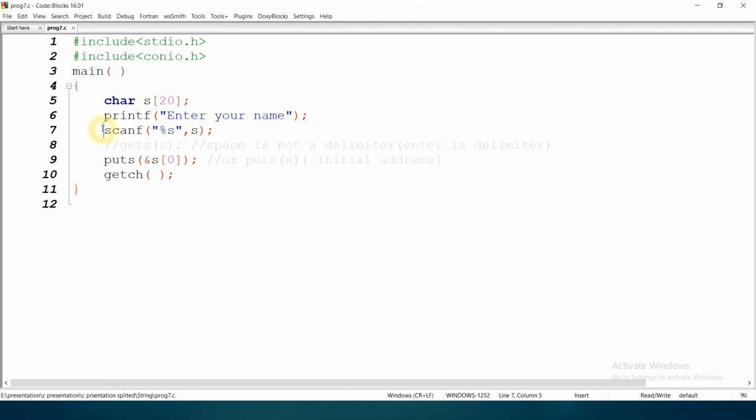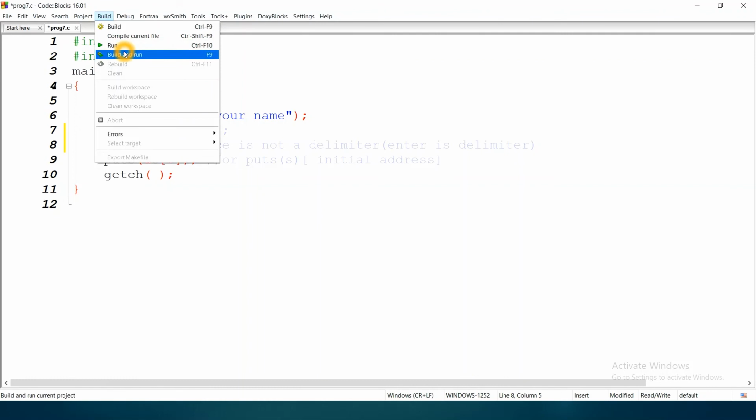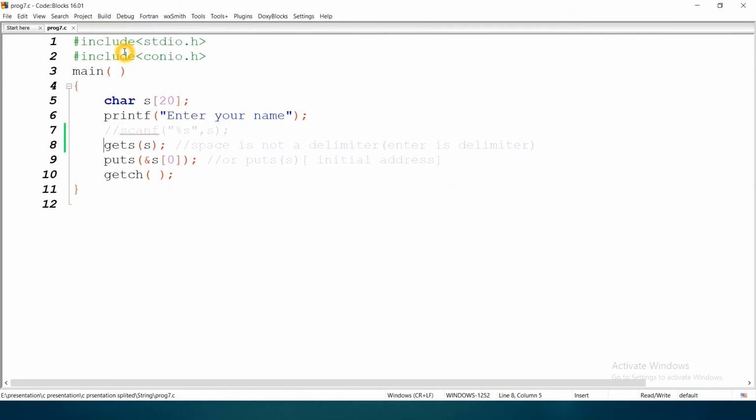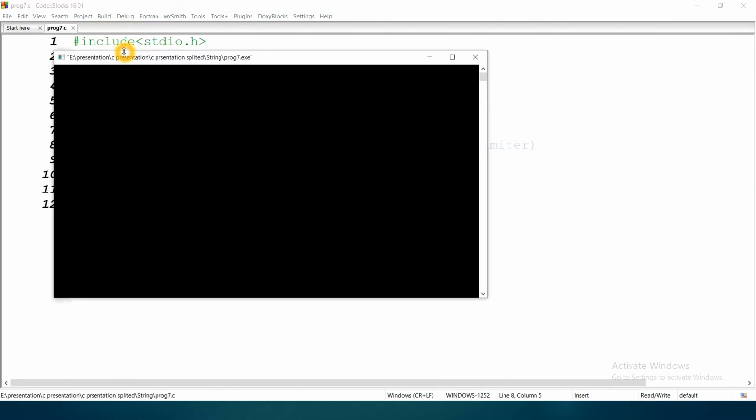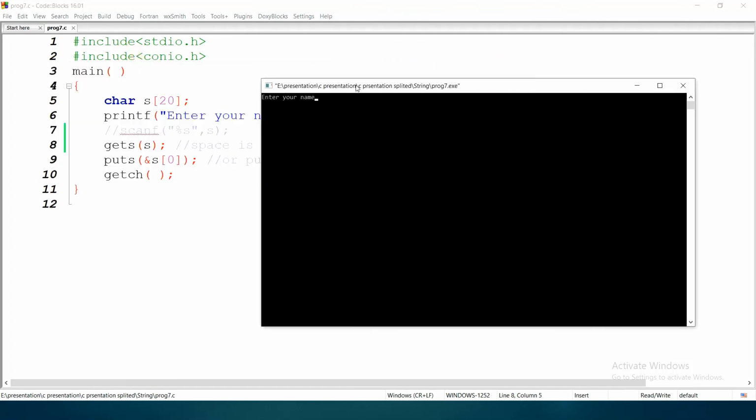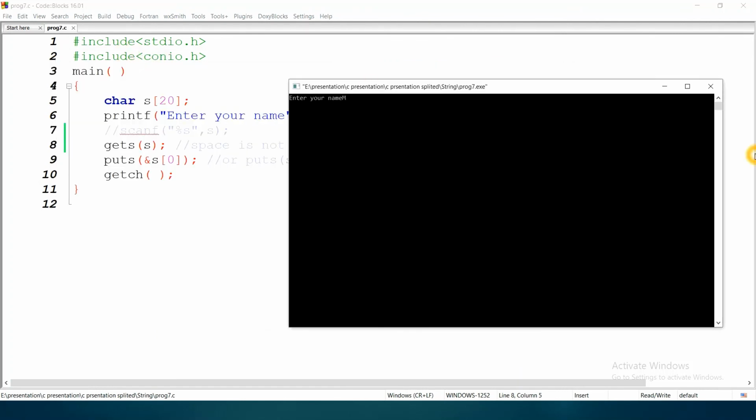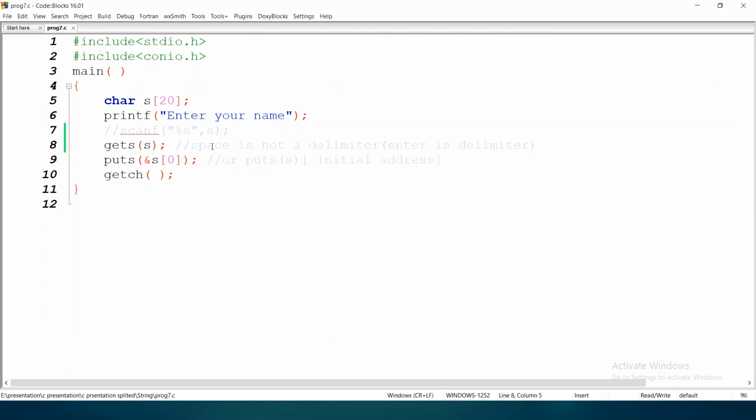Now in place of scanf, if I write gets(s), then enter your name, I am writing Mrs. Roy with a space. It gives Mrs. Roy. So what is the difference between using scanf and using gets?